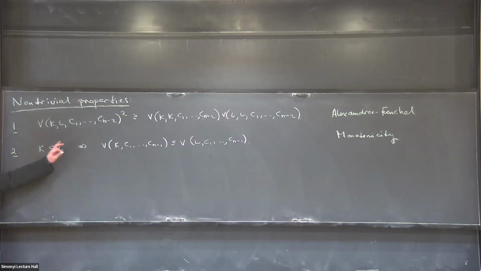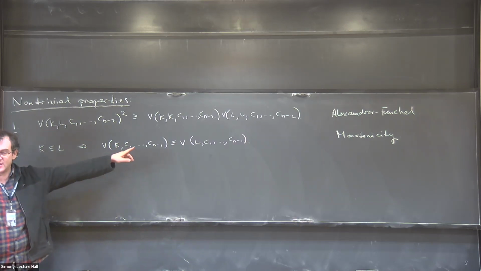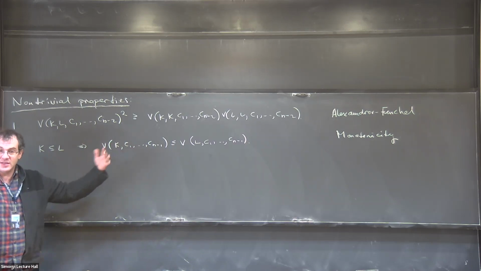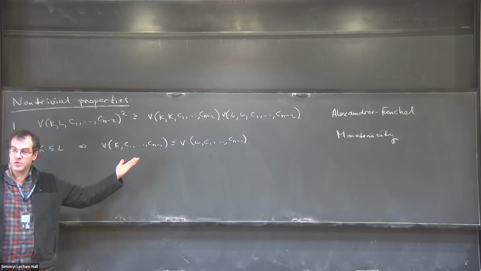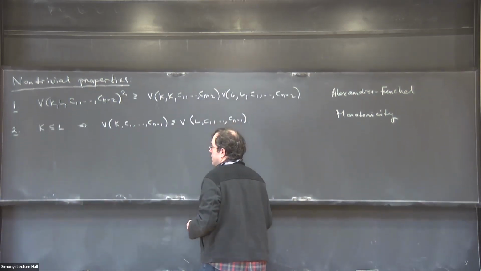And the special case of this second property is, in fact, that the mixed volumes are non-negative. Because, for example, I could just take K to be just a single point inside the set L, then this mixed volume is always 0. And then I see that the mixed volumes are non-negative. Okay? Now,